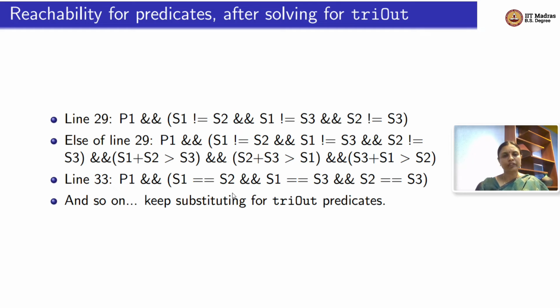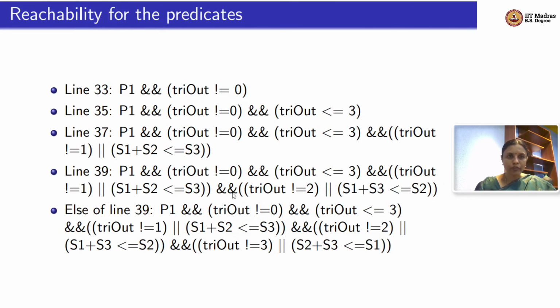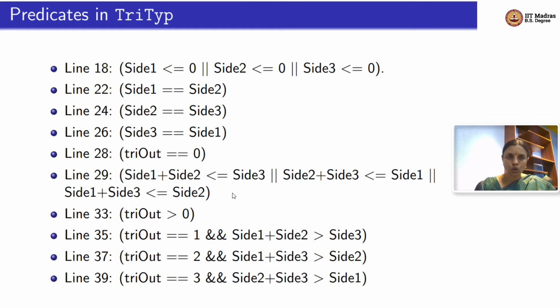I am not listing all of them, but let me just go back for the sake of completeness. I took the code. First we listed all the predicates in the code. That's this slide here. This slide lists all the predicates with their line numbers. Some predicates directly had variables that were coupled to inputs, which is side 1, side 2, side 3, so we could directly pass test cases to them. Some predicates, like the ones in line 28, 33 and so on, had the internal variable tryout, where we couldn't directly